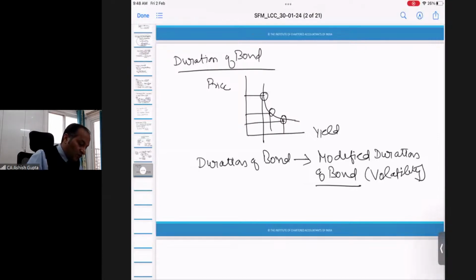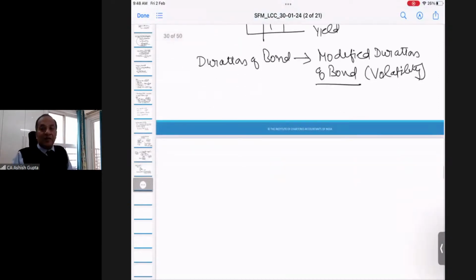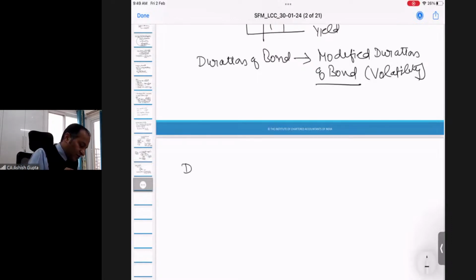It lets us know how much the value of a bond will change when there is some particular change in the YTM. Now, what does duration of a bond mean? Generally, the duration of a bond can be explained as the time period within which the principal amount of the bond or debenture is returned back to the investor. So duration of bond